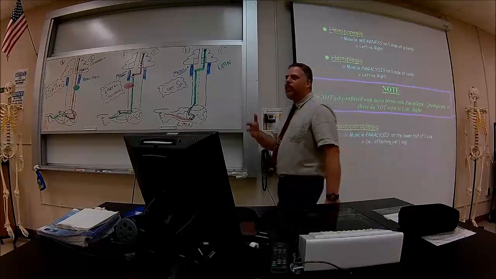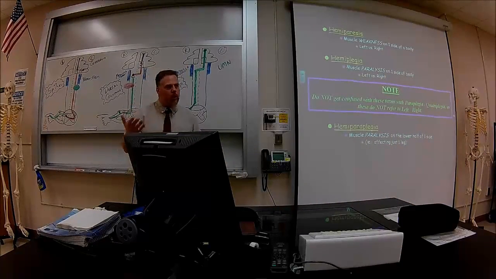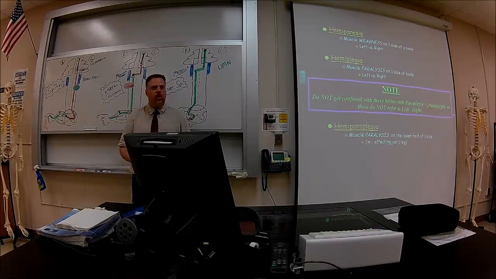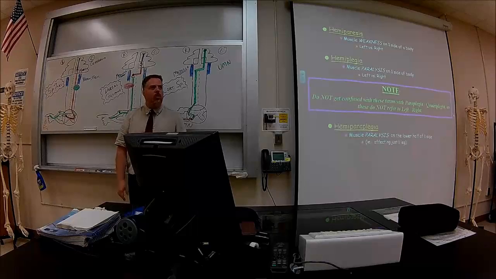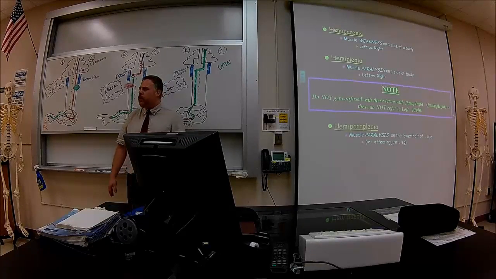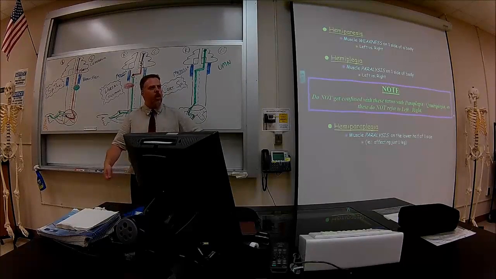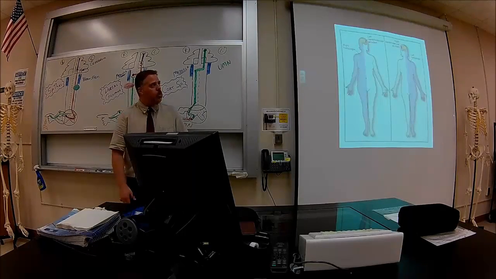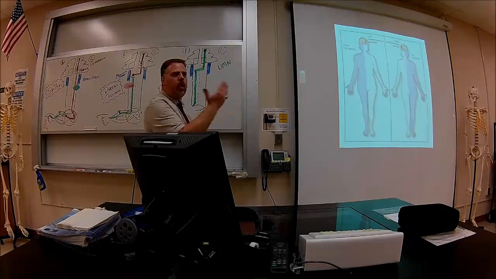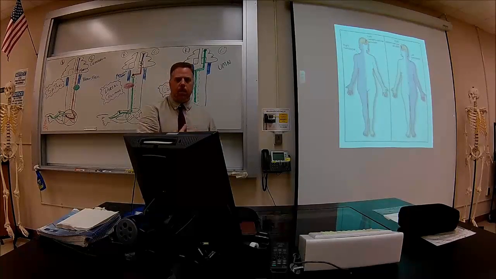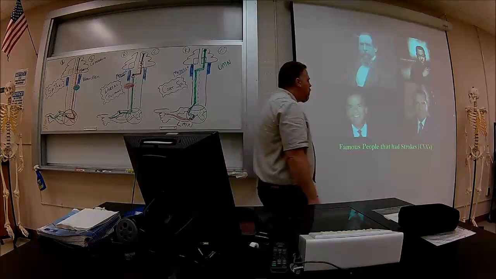Okay? So if you're going to occupational therapy and you've got to see someone who's a hemiplegic, at least you have an idea of what you're going to walk into and what kind of exercises and what kind of ways you're going to have them put on pants, put on shoes, and whatnot. Okay? So it's just showing you hemi on left versus right. And these are people that had strokes.